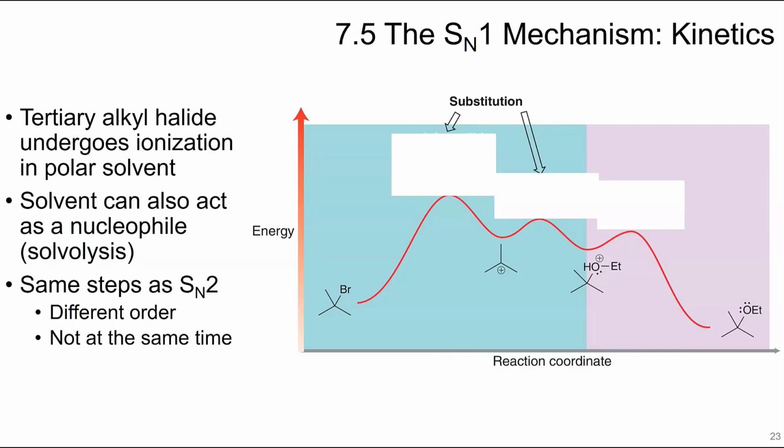In the kinetics of SN1 reactions, it is a little bit different because of the way that the reaction occurs. In this example in particular, a tertiary alkyl halide, or this tert-butyl bromide, undergoes ionization in a polar solvent. So that means that it's going to form the carbocation. That first part of the activation energy is the loss of the leaving group. After the loss of the leaving group, we form the carbocation, and then you get the nucleophilic attack,